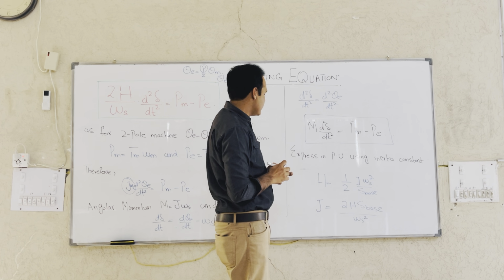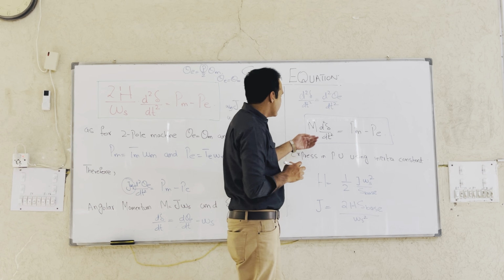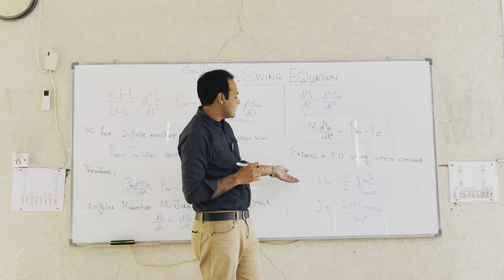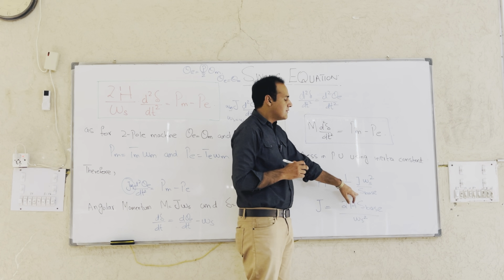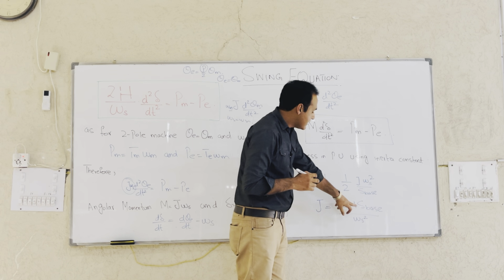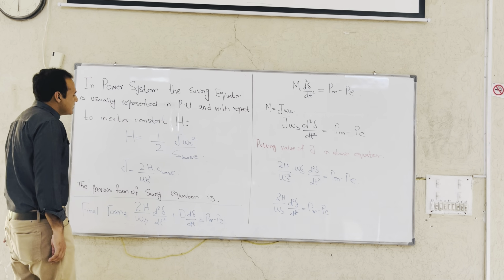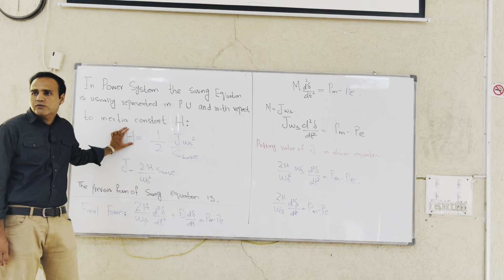Now, if we want to express this equation in per unit form, before doing that, first we will convert inertia. So what is the inertia actually? The inertia constant can be represented with the help of the equation H is equal to half Jω² divided by S_base. So we can write J is equal to 2H S_base divided by ω_s². Fine. Okay, now we will add the component of inertia constant and write the swing equation in the form of